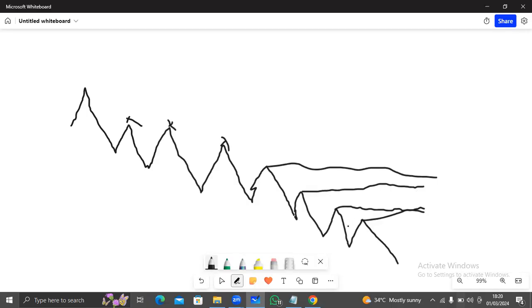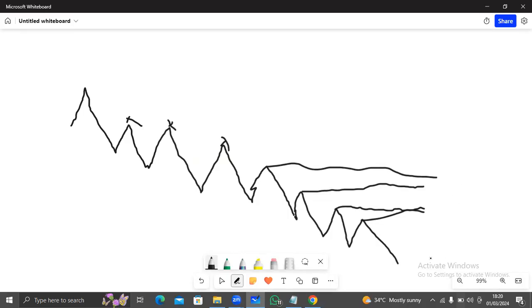Now, what we have at each of these highs are liquidities. We have buy stops here. People that want to be buyers, and people who sold from here, have their stop losses above the highs. You sell here, your stop loss will be above the high. You sell here, your stop loss will be above the high. So you go on and on and on